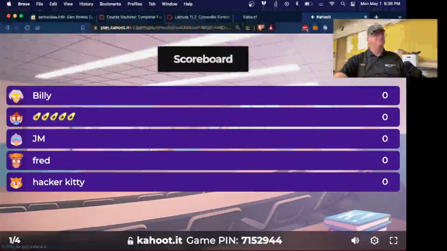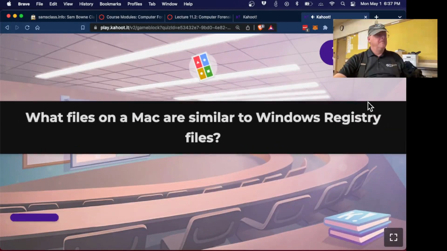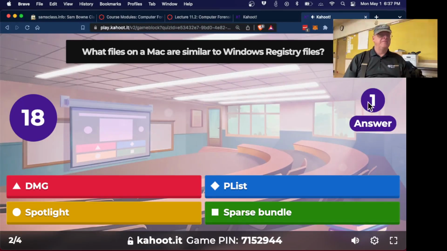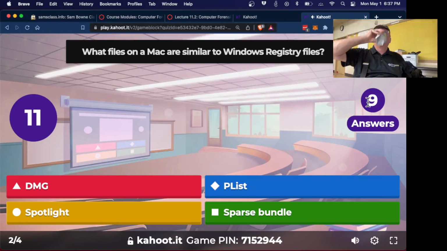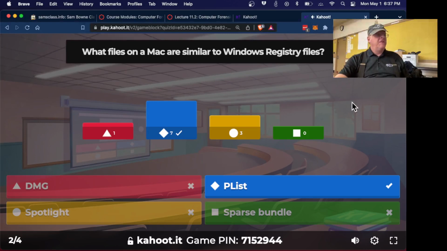All right. All right, so what files are like registry files? The plist files, property lists.